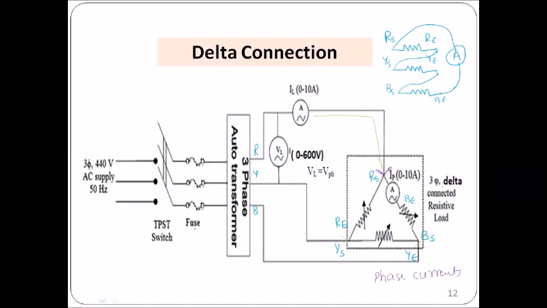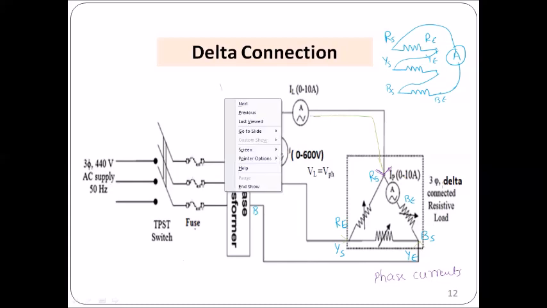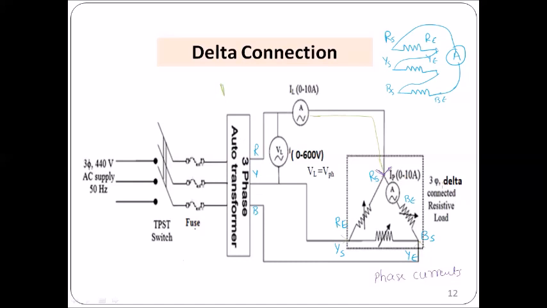Mean to say that any line current, let us say IA, comprises two phase currents, because we know here that it just gets divided into two components. Similarly, it can be applicable for the remaining line currents also. So with this as the basis,